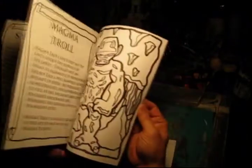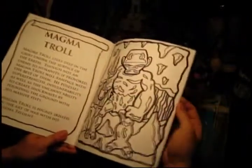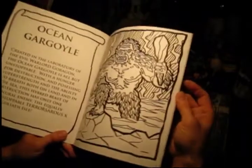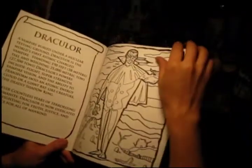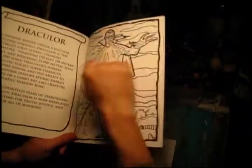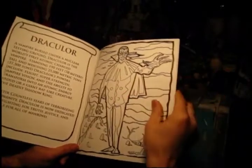So, it's kind of cool making this stuff. And, you know, each of these characters, eventually maybe I might do a little cartoon short, or I could make a little comic book. But I think this is a real fun thing, especially for kids. They can just color it however they want, and